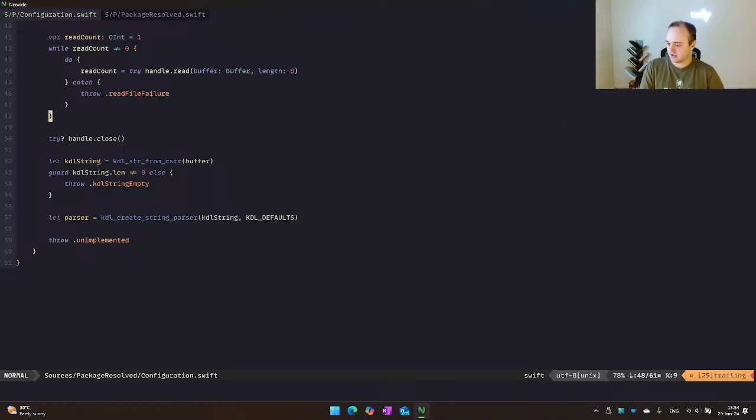So just to recap here. All right, so we just got to the point where we're now creating a code parser after A, figuring out compilation issues, and B, actually getting to where we're reading the file and then storing it in a buffer. Now we created a parser.